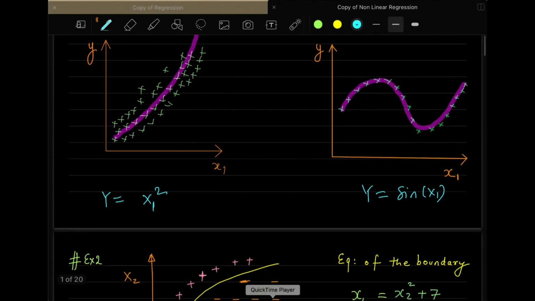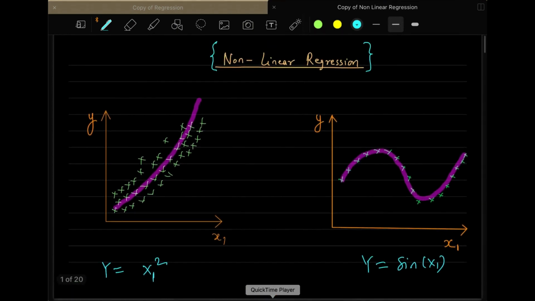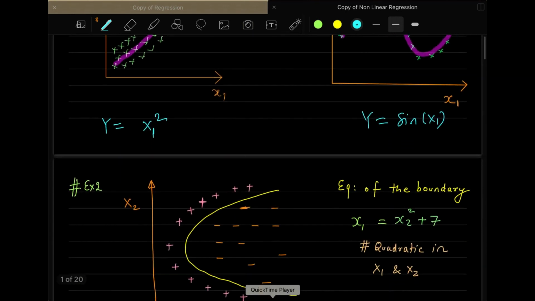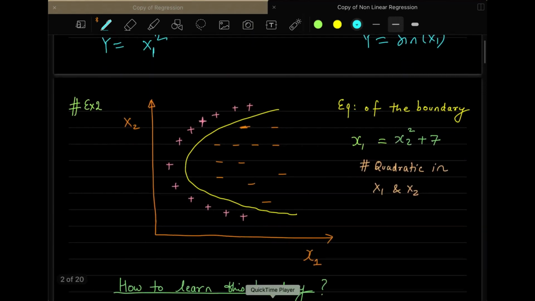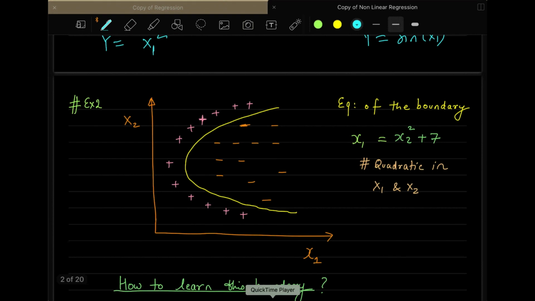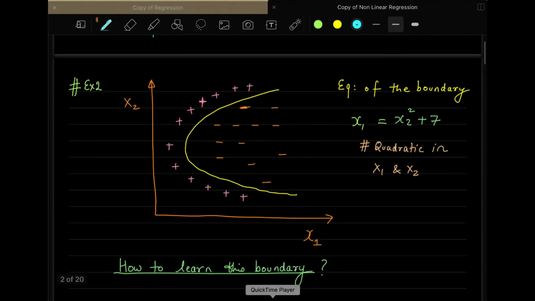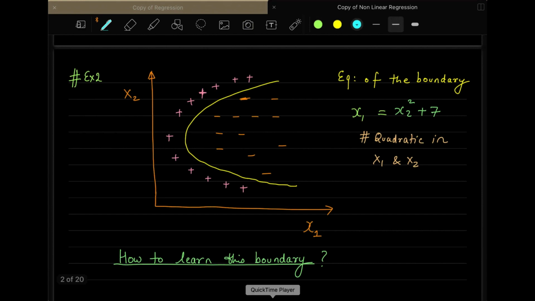So if this is the situation, let us try to fit the purple line onto these green dots and see how we can do that. There are multiple ways of doing it, but we will discuss very simple ways. The simple way we will first motivate, explaining how we are doing it, and then we will see the drawbacks of the approach we discuss today, and what the solution to that is when we go further.